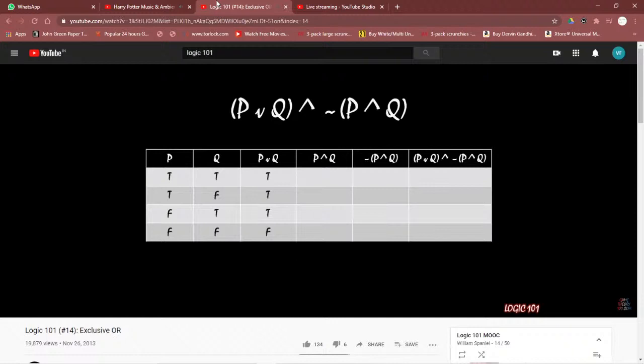For the fourth column, we have a conjunction. Remember that a conjunction is true only when both of the component parts are true. It's false when at least one of them is false. So that means we have a truth value of true in the top row and a truth value of false in each of the bottom 3 rows. For the fifth column, we have a negation of the fourth column. So that is essentially flipping the on and off switch in the fifth column from the fourth column. So we take the fourth column and